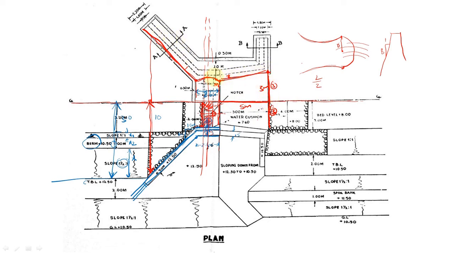Once you get these two lines, then you know the width of the wing walls, the abutment and the return walls. So from here, draw the length of the wing wall. We must encase it into the TBL. So here we have to calculate this length, based on the slope and the bed width, this being half of the bed width. So provide this length. We must encase it into the banks.